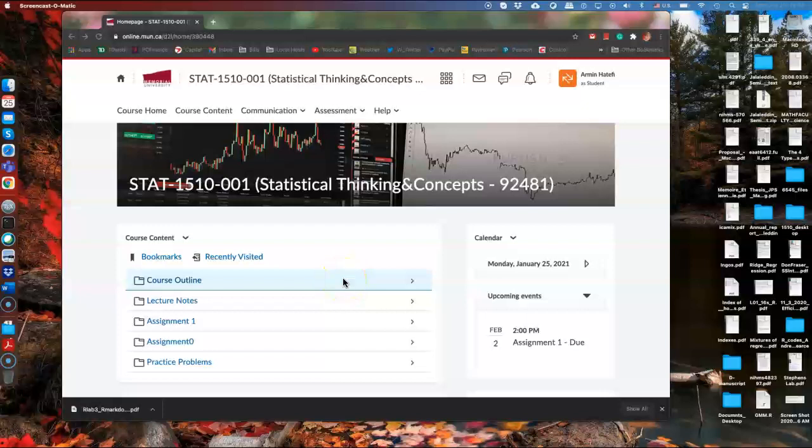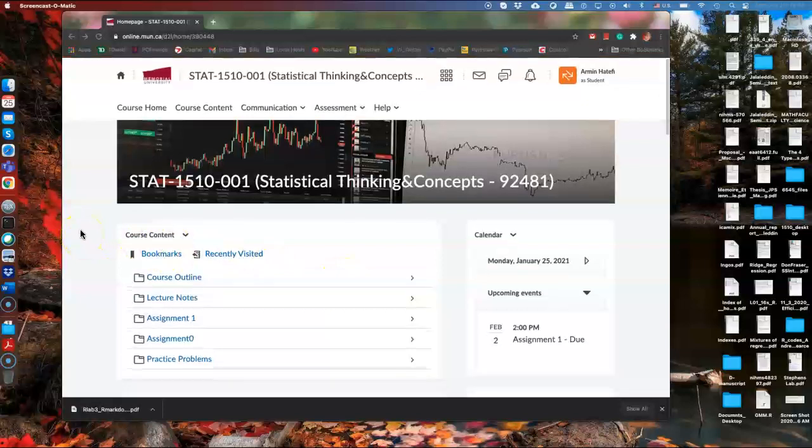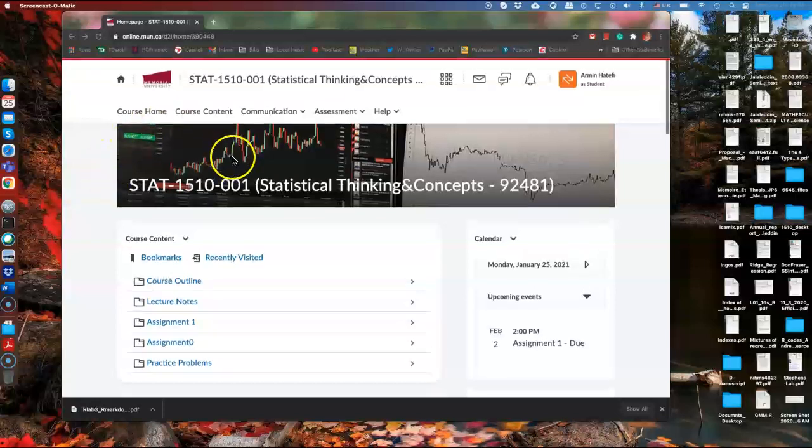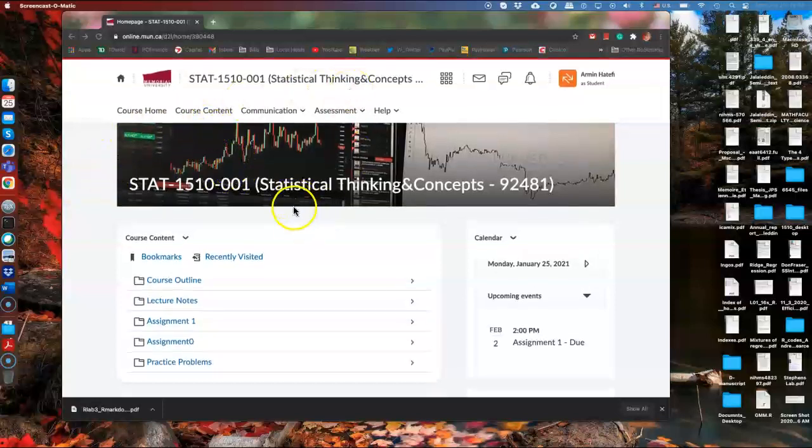Hello and welcome. In this video, we are going to learn how we should install R Markdown on our machine. So let's start with our environment. This is our